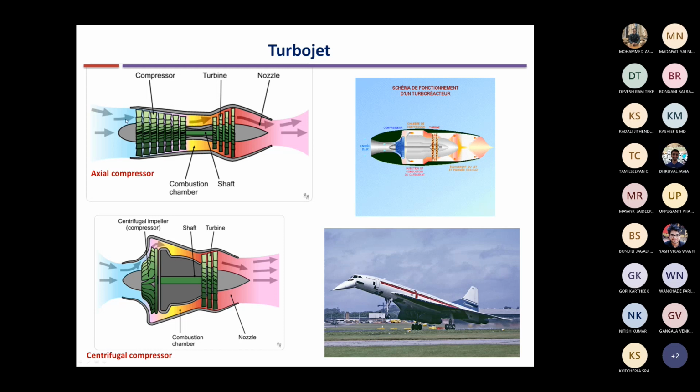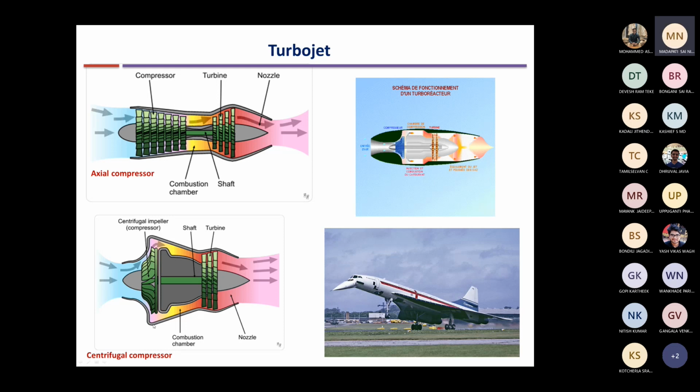If you want the same air flow rate, the intake area has to be the same. So if this intake area is equal to this intake area for the same mass flow rate of air, you want the mass flow rate to be the same for a certain amount of power and fuel-air ratio. If both intake areas are the same, then the cross-sectional area of the centrifugal compressor is much larger. As a result, there will be a significant increase in drag, which is very harmful to operation.